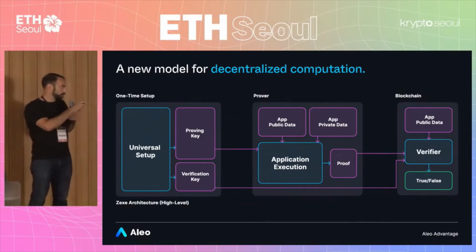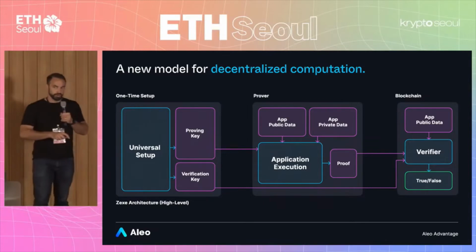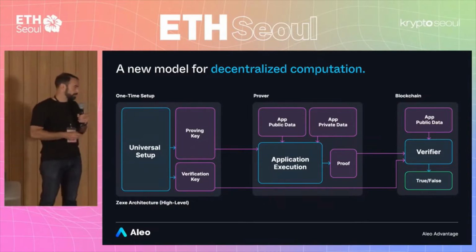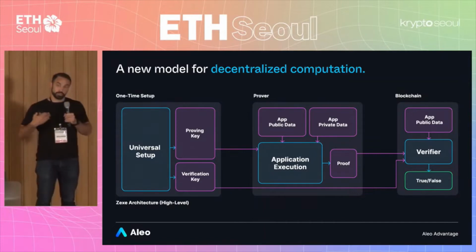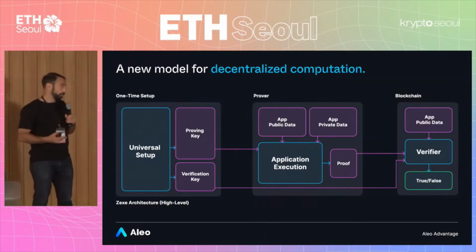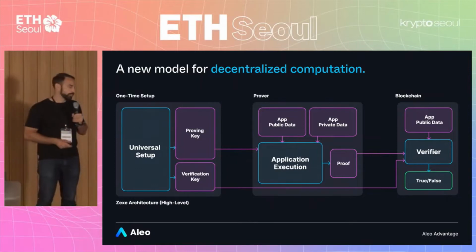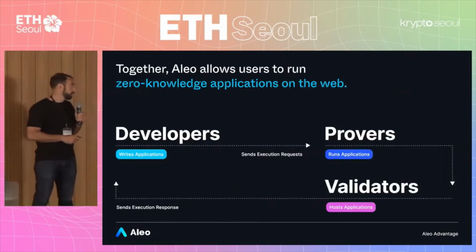One thing to quickly note, which I'll mention a couple more times in this talk, is that the prover can be you or it can be someone else. So it's a bit flexible, depending on what trade-offs you want to accept. Do you want to share information about what you're doing with a third party, or would you prefer to keep that private but potentially do it in a slightly less efficient way?